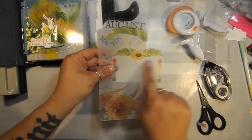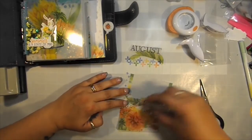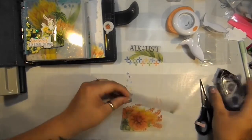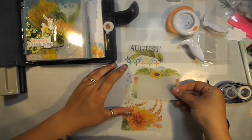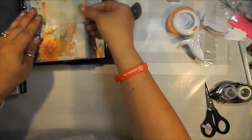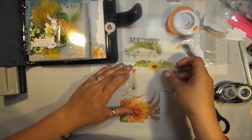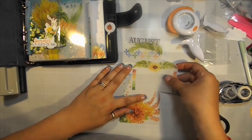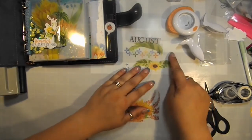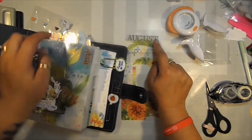And then I can put a running list of whatever I want to do for that week, or whatever I decide to do. So I'm just going to stick this down with some adhesive and just make sure that that's wide enough to go there. Yep. Okay, so now I've added that, so when I laminate it, I'm going to have a side tab with the August up top so that you could see it up here,